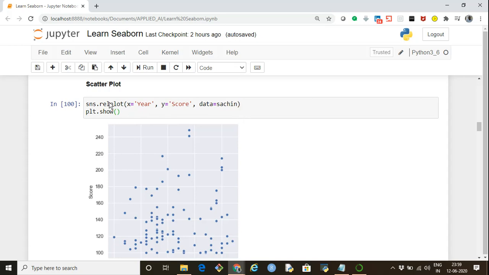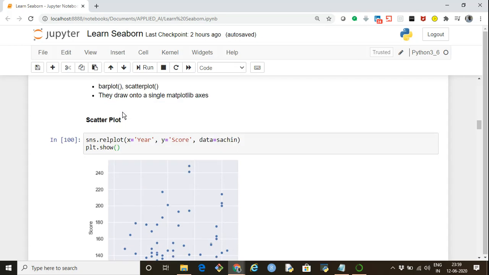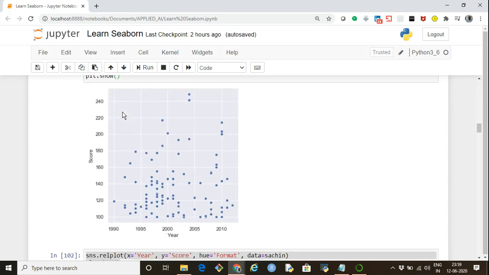This is the default behavior of relplot, which is actually a figure level function. So year is on the x-axis and score on the y-axis, and the scores he made in that particular year we can see here in the graph.